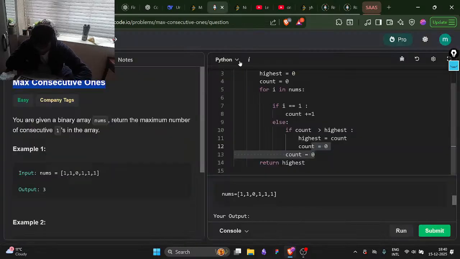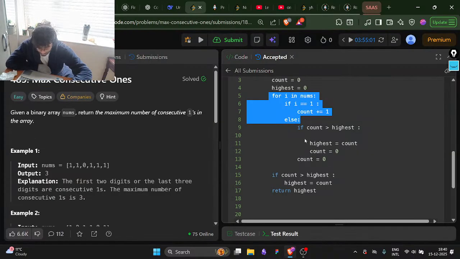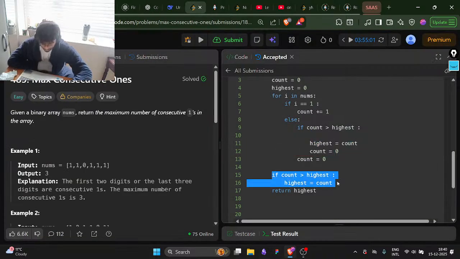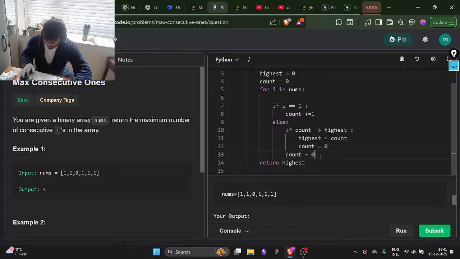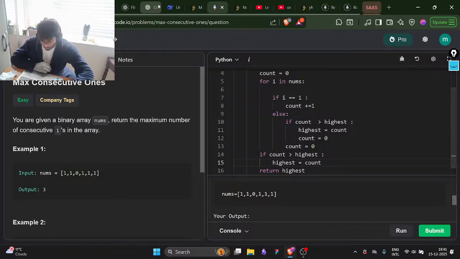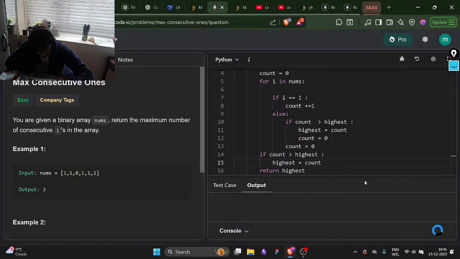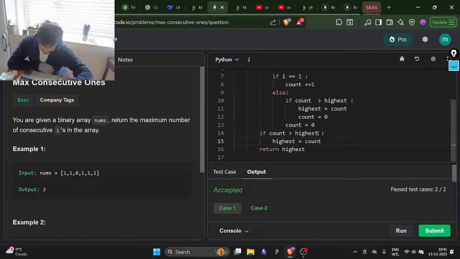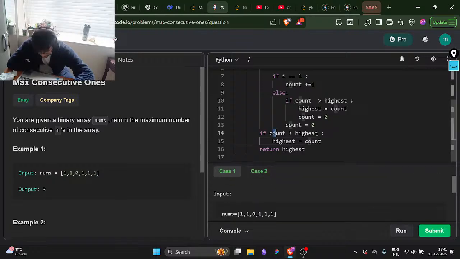Let's look at my code now. What went wrong exactly? So if count... yeah, perfect. I just need to add this line of code. I'm exiting out of the loop. So if count is bigger... shit, bro, how cool is that? I actually did that. Isn't that crazy? So what is this? If count is bigger,